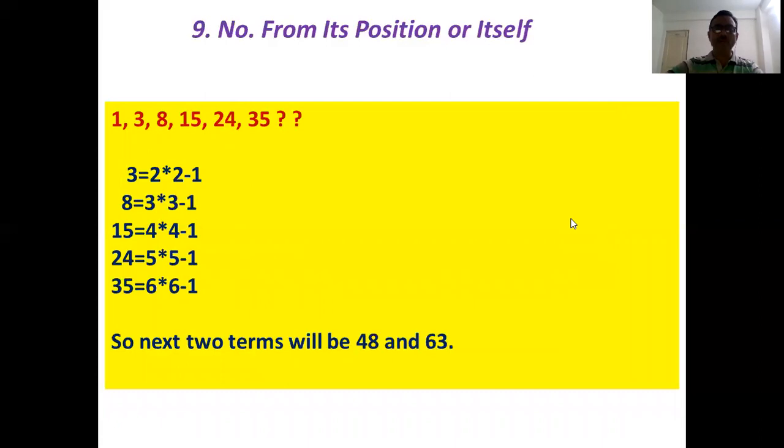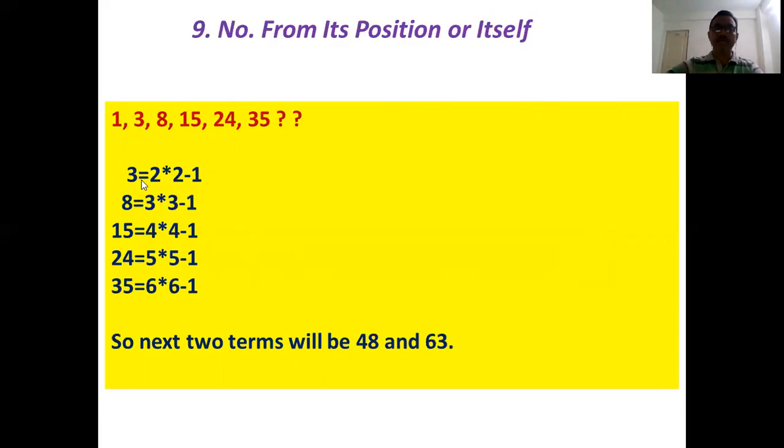Now we are coming to one important rule, that is how you are able to derive a number from its position or itself. As you can observe, in examinations also we get a lot of questions like this, in which we are not able to make any number, or we are not able to use the first number. So the rule is just skip the first number and start directly from the second number.